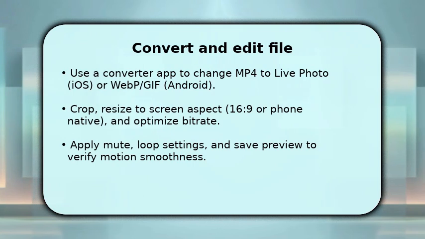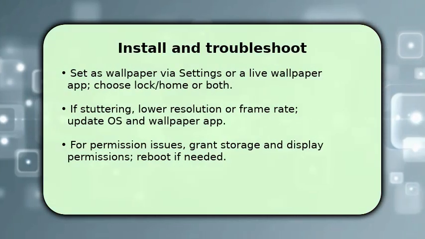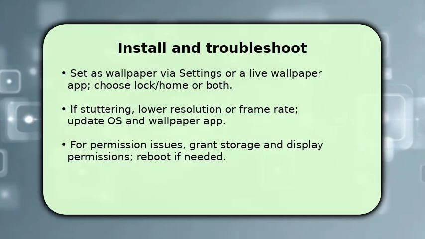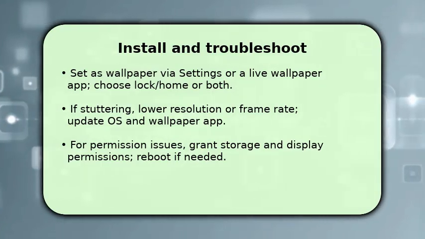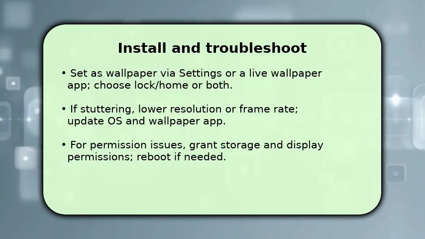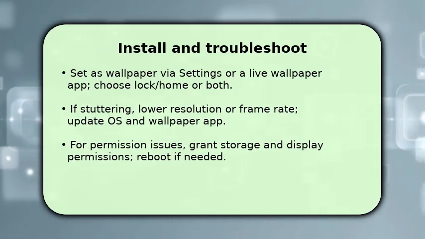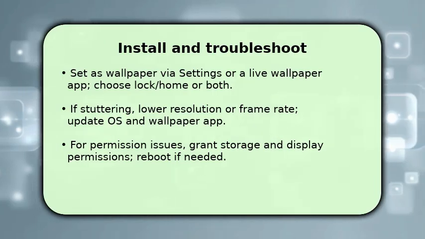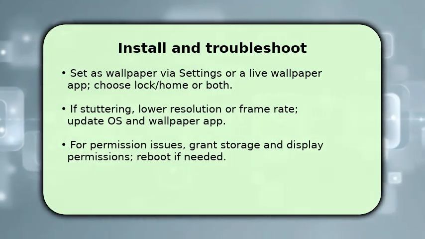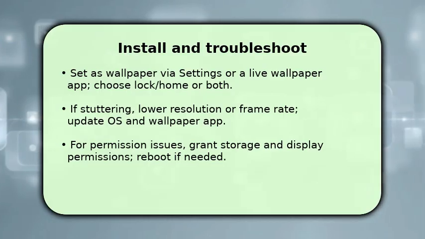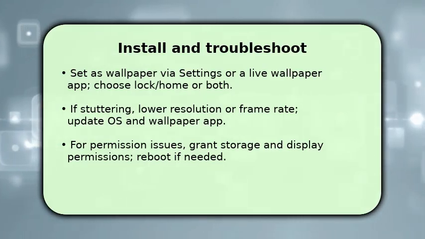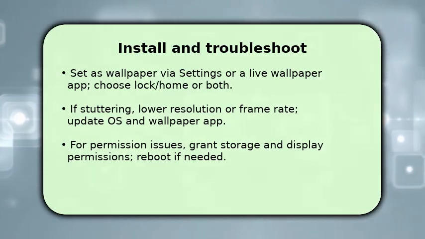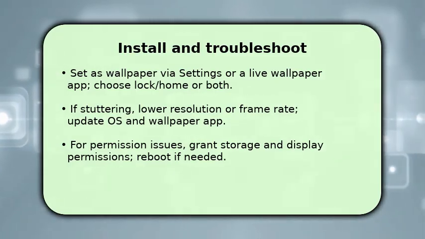Finally, install the prepared live photo or file. On iPhone, set the live photo as lock screen wallpaper. On Android, use your launcher or a live wallpaper app to assign it to home or lock screens. If playback stutters or drains battery, reduce resolution or frame rate and test again. Also check for app and OS updates. If the wallpaper won't apply, grant storage and display permissions to the app and reboot your device. This usually resolves lingering permission or